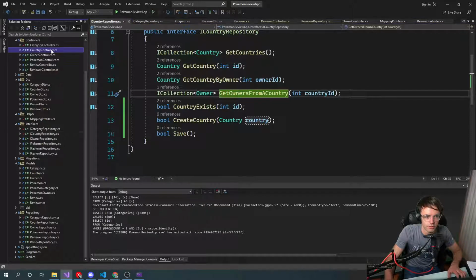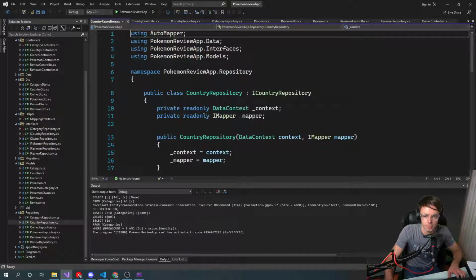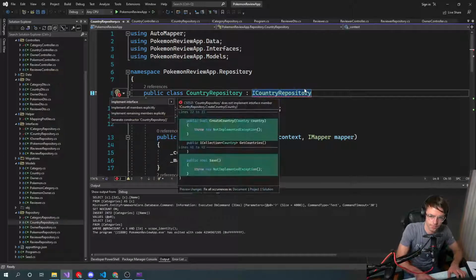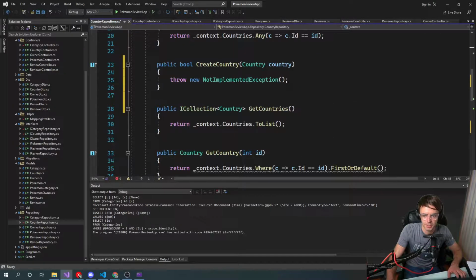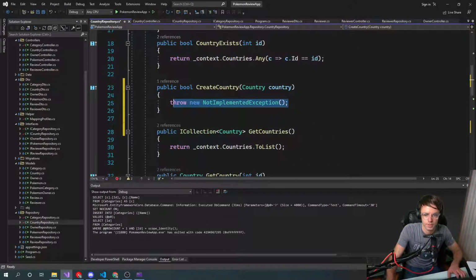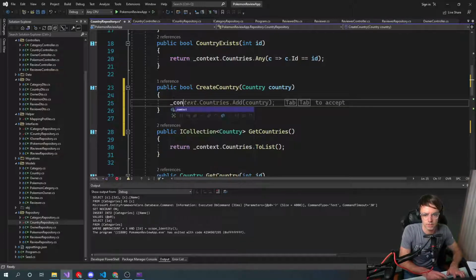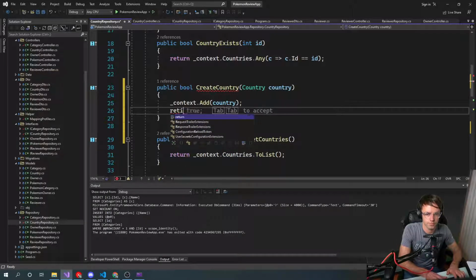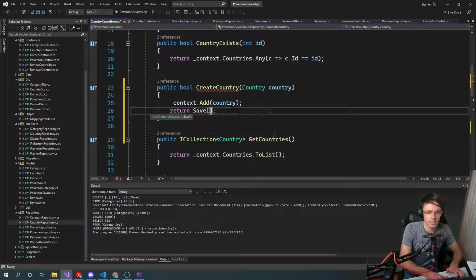Then we will go into not our controller, but we'll go into our repository. And we're gonna get a red squiggly. Implement that interface. Context.Add. Once again, very easy. A lot of stuff going on underneath the hood, but pretty easy. Return, save,